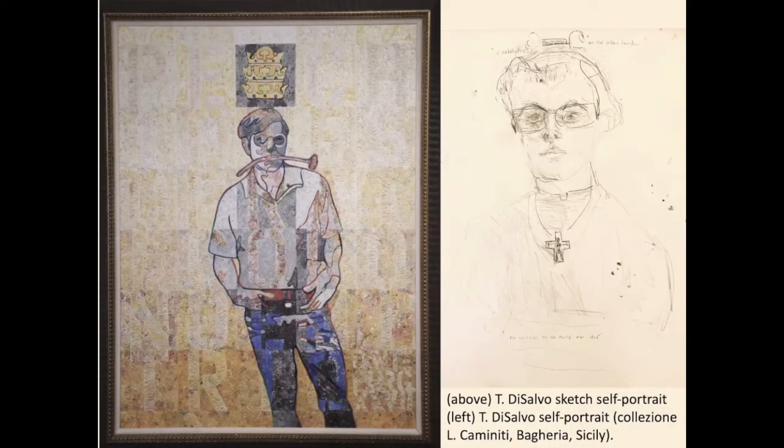Tom did receive significant recognition through his 1992 show at Bagheria. The show was presented by Professor Antonio Buttitta, Dean of the Faculty of Letters at the University of Palermo and son of the important Sicilian writer Ignazio Buttitta, also from Bagheria. And I can tell you anecdotally that Tom is still a vivid presence in Bagheria today among the people that